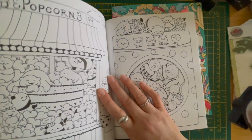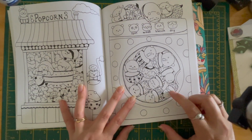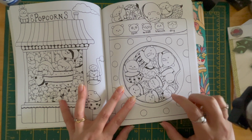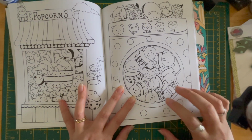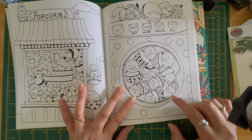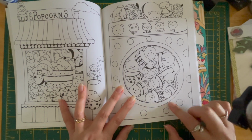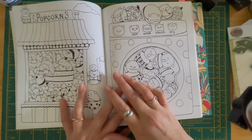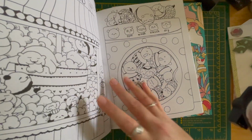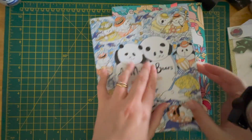And do you know what, it's this page here. Colouring with Kay, I saw her, I think it was quite a while ago that she's done it, but I absolutely love this picture, and I absolutely loved her page, and that is actually what made me want to buy this book. So I really appreciate it. Thanks for enabling me, Kay. So yeah, there's this one. So I'm looking forward to finishing my...